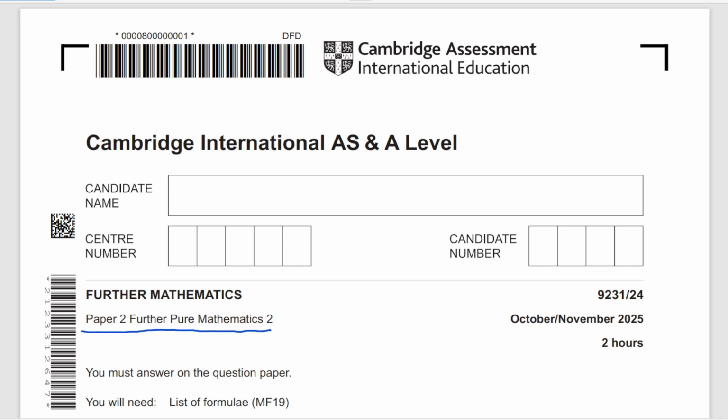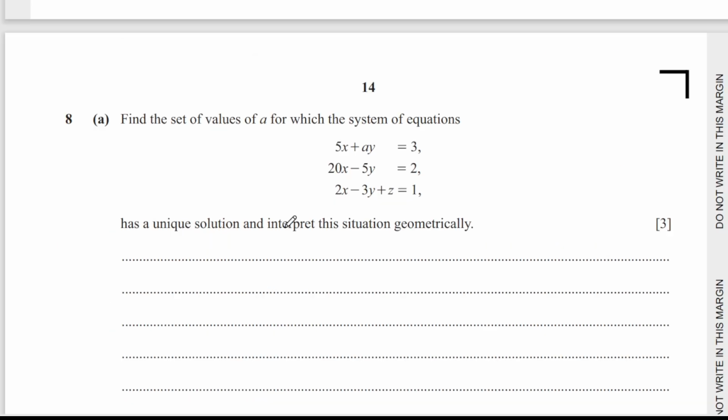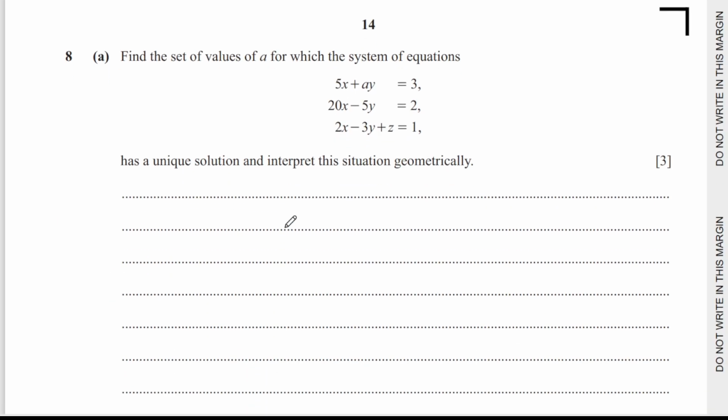This is CIE Paper 2 Further Pure Mathematics 2. And this is the most recent paper, October-November 2025, variant 24. In number 8, we need to find the set of values of a for which the system of equations has